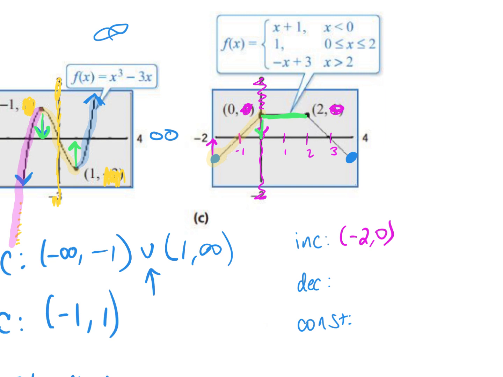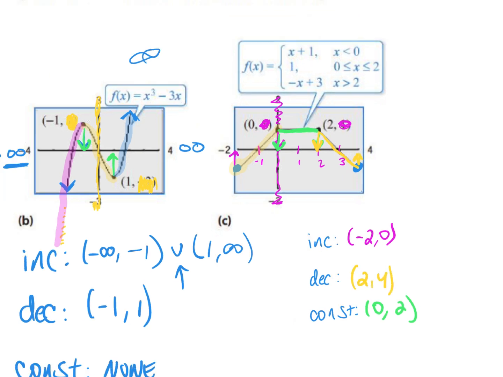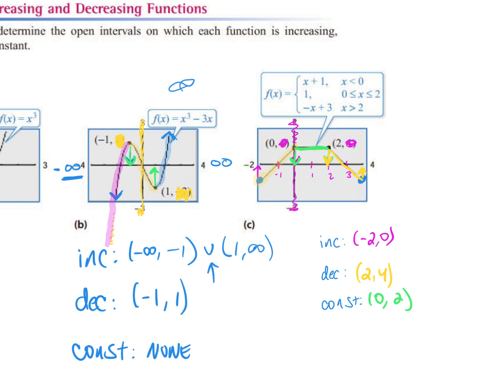It stays the same. It's constant from where to where on the x-axis? 0 to 2. And then what does it do? It decreases from where to where? 2 to 4. So, all right, say you're having issues with WebAssign and you put a small u and it